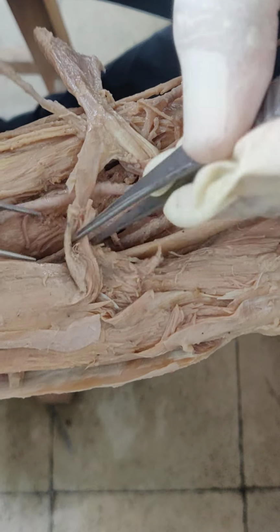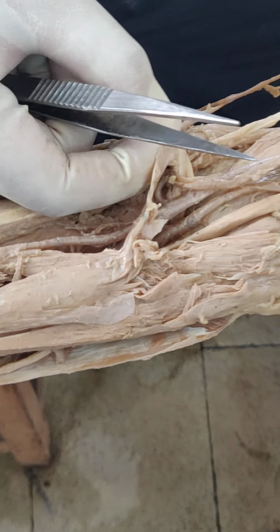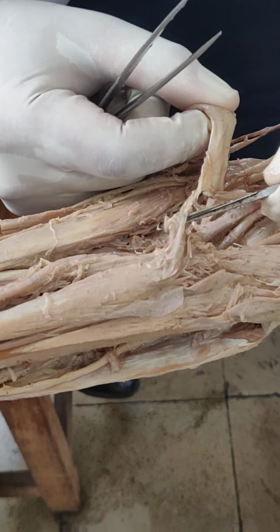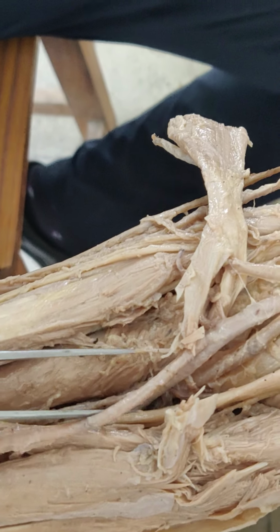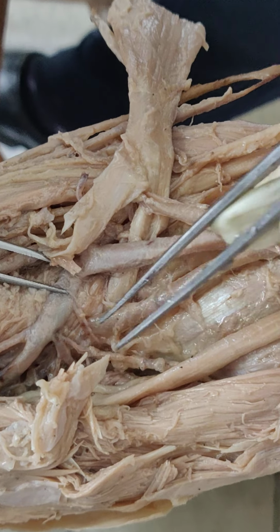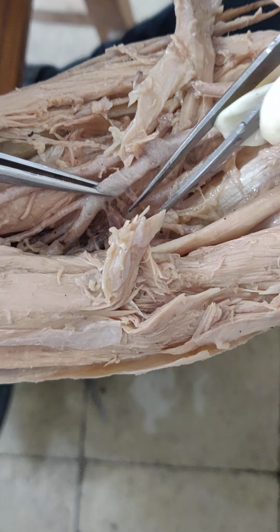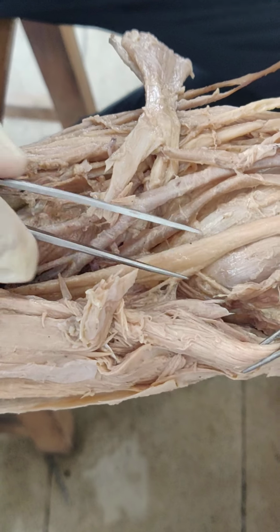On the medial aspect of the elbow, here you can see the ulnar artery, and it gives two branches. I will cut the bicipital aponeurosis for better visualization. The ulnar artery gives two branches: the anterior ulnar recurrent, and the artery which goes posteriorly, the posterior ulnar recurrent. The anterior ulnar recurrent anastomoses with the